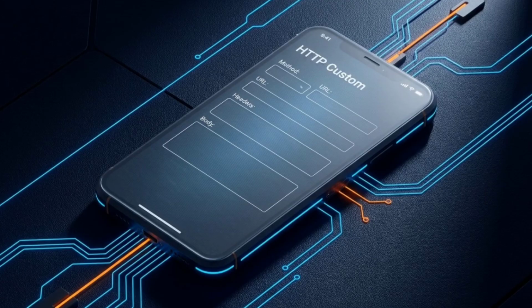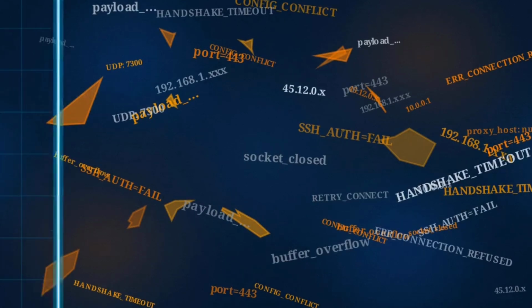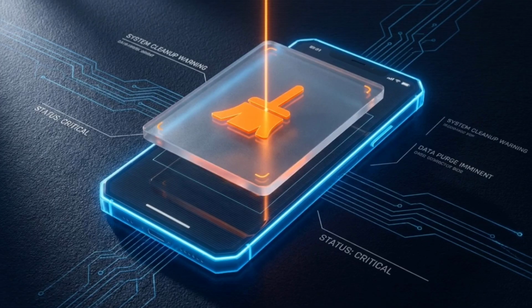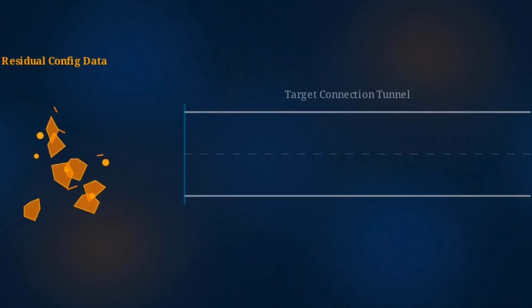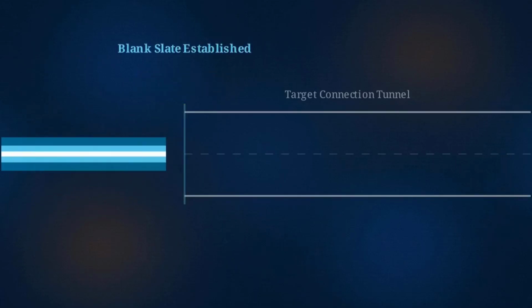Our primary engineering environment for building this bypass is an application called HTTP Custom. Before any construction begins, we must establish a zero state. The workspace has to be entirely sanitized. We initiate this process by opening the application settings and executing a total configuration clear and reset. This blank slate is necessary to ensure no residual data or fragmented settings from a previous session prevent the new